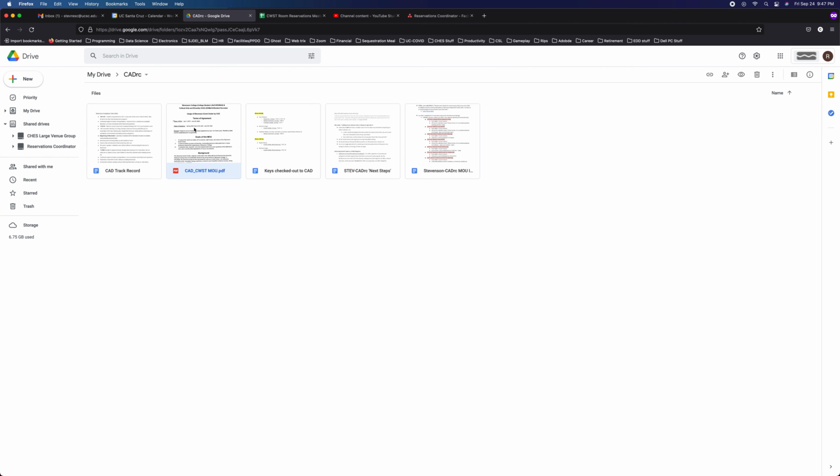And of course, the main document is the MOU, the Memorandum of Understanding. This was drafted a couple years ago to help guide Stevenson and CAD relations. So do study this and get acclimated to some of the content and the policy, because there are some items in there that both parties are expected to adhere to. So going back to the drive,